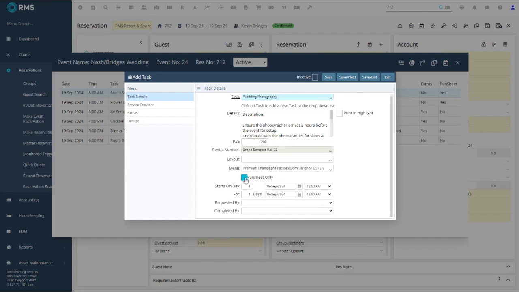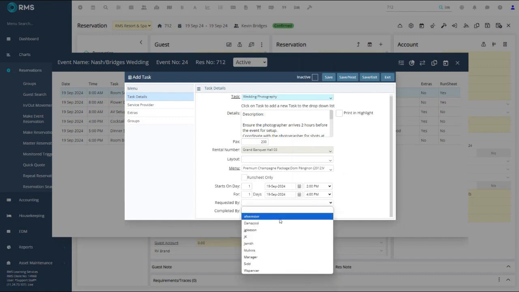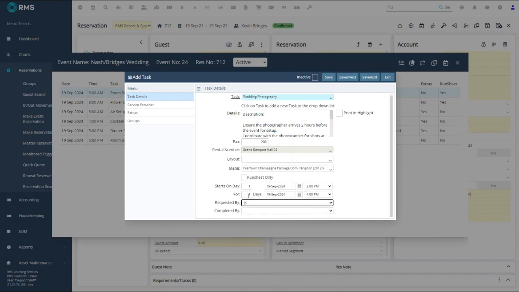Since we are charging them for this, we'll make sure that they can see this and it's visible, and so that they know that this task has a start time of, let's say, 2 p.m., since that's when the wedding photography is supposed to begin. And we expect it to be wrapped up by about 4 p.m. on the same day. And since I'm the one requesting it, we'll go ahead and put myself, JK, as the requester. And down the road, once the wedding photography task has been completed, another staff member can come in and mark this task as completed. Why don't we go ahead and save this task, Arturo,